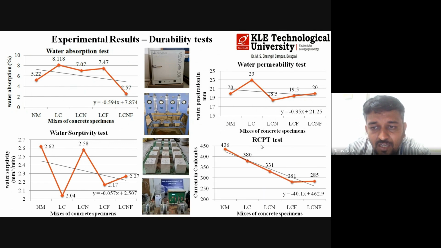And finally, the RCPT test, that is the rapid chloride penetration test. Here, when we compare, the chloride penetration is decreasing when LC3 concrete specimens are taken into consideration compared to the normal mix. And when it comes to LCNF, it is more resistant towards chloride penetration compared to the normal mix. So LCNF, with the addition of nanomaterial and lathe fibers in LC3 concrete, offers excellent resistance to chloride